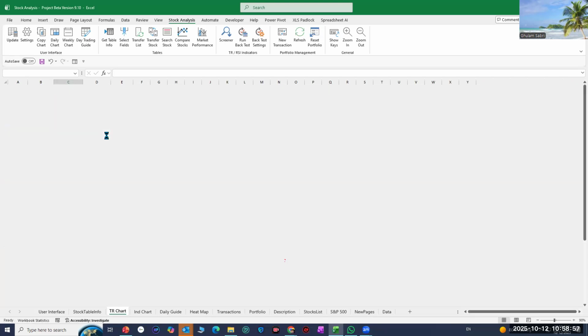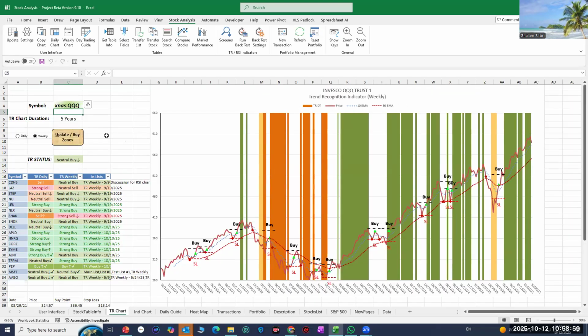See its results here. This is QQQ, Nasdaq. Every time it comes to the buy point, crosses it, and is in a green zone like this, or this, it gives you good return. Right now, it's a neutral buy. It comes out of it because of last week's price action. Now, here you want to make a decision. You want to remain long with the QQQ, or you want to get out and maybe buy